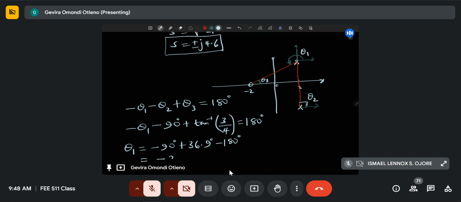So you have minus 233.1 degrees. Minus simply means you're looking at the angle in the clockwise direction. So minus 233 simply means you're giving that angle. But if you give me that angle, it's the same as saying